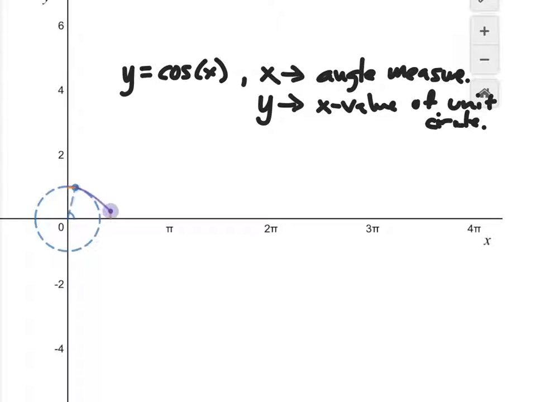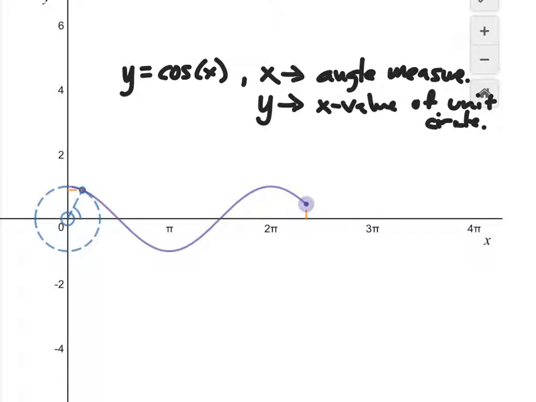Okay, and so as this animation goes, what I'm going to do is talk about how, as I go around the circle, your x-axis is created by the angle measure on the unit circle. Now the graph is created strictly by the x values of your unit circle, okay? So as we do this,